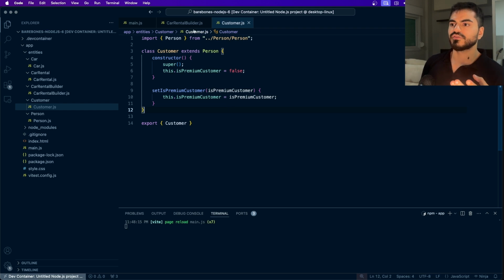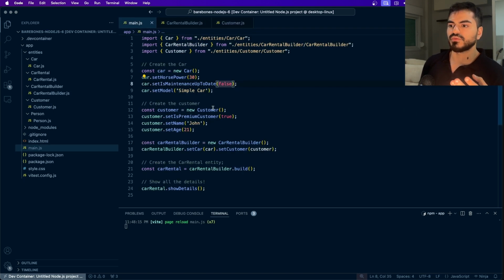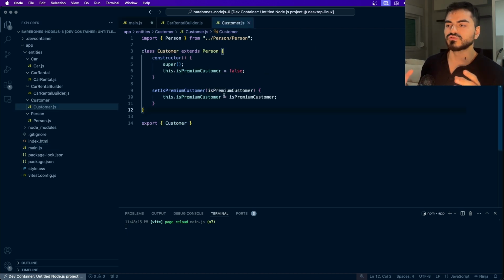It wouldn't matter if John would be a premium customer or not. He could buy the cars, right? It doesn't matter. And also it wouldn't matter if John is actually 20 years of age and he wants to buy a Ferrari that has, I don't know, 2,000 horsepower, right? He could buy it if he wanted, but now you have all the rules bound and your models burdened by the